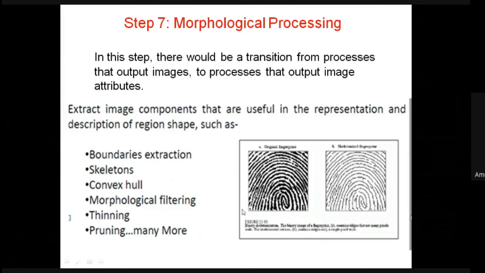For example, if we take a fingerprint, this is the original fingerprint, and we do the skeleton of this fingerprint, so we get the second image. Here we select a feature like a dot or some crossover, and we compare with the original database. When both are matching, then the object is recognized.